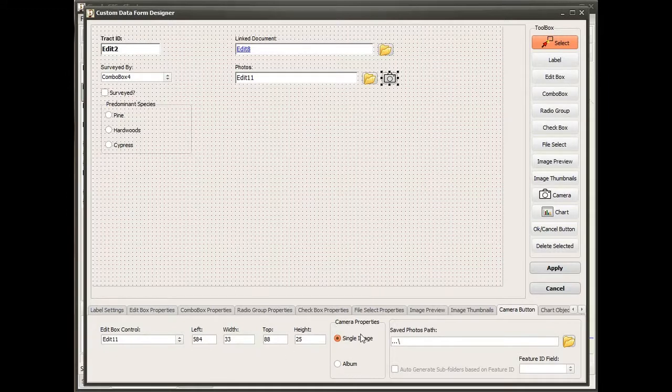And in this case, on my camera properties, I don't want it to capture a single image because again, I was looking at folders containing multiple images. So I'm going to select album as the camera property function, which just means I'm going to capture multiple pictures potentially. Notice also I have a saved photos path, and so this is just the path where I want to save the photos. By default, it's saving it in this root of where my shapefile is located as a relative